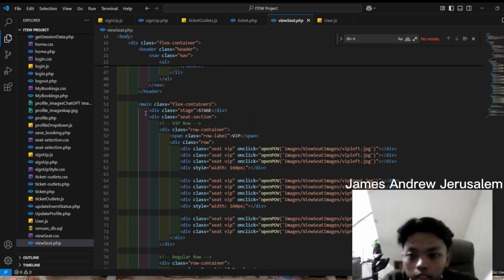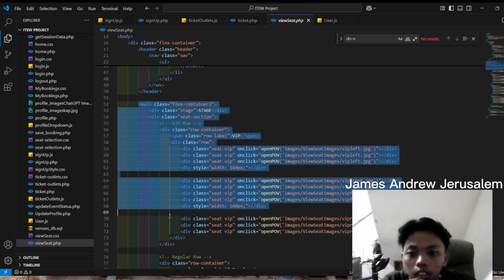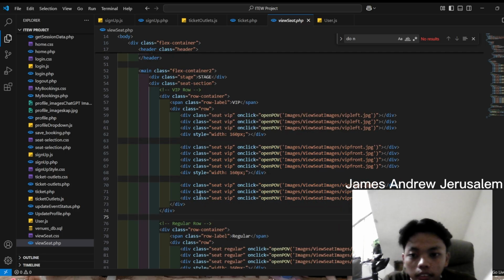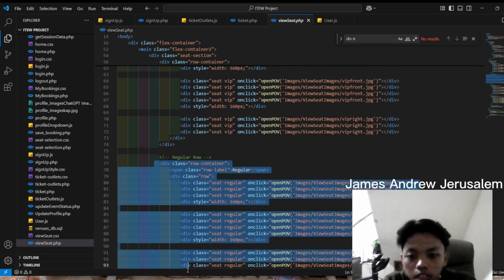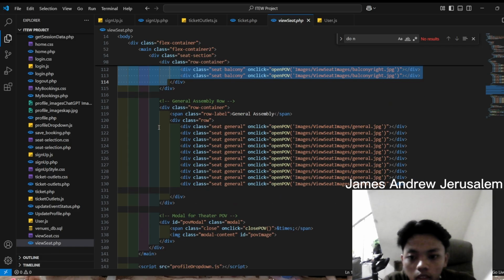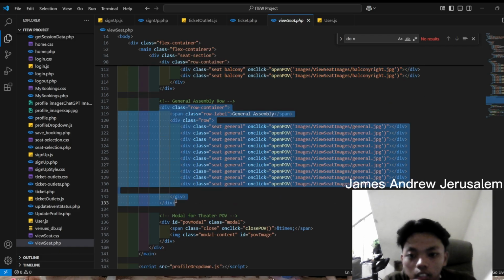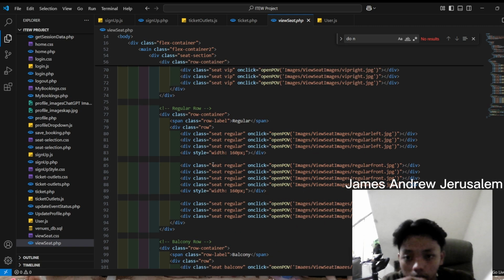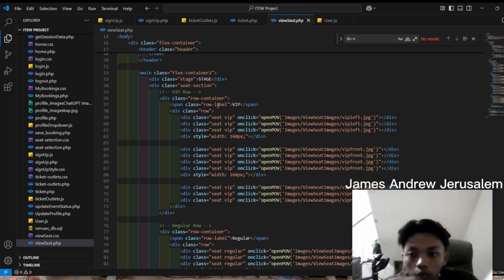So we created a div for the VIP row, and this is for the regular row and balcony row, also for the general assembly row. We created a class row container so that we can put other divs.